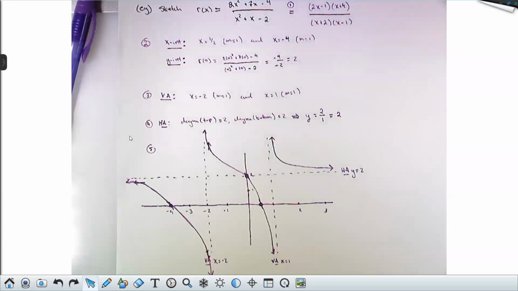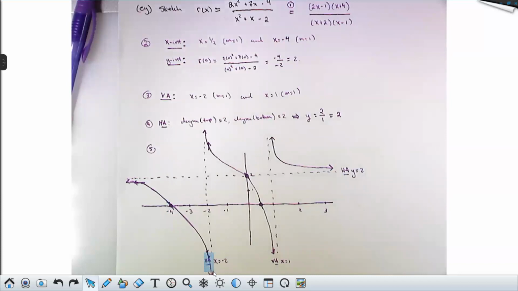Well, that's what we went through there. The question coming in as a DM was, how do we know the behavior near each of these things? Where did we get those arrows? That was the whole procedure we just went through. So I knew that starting on the left, this arrow had to be below the HA because I have an x-intercept right here. So I know I'm sneaking up from below. I'm not coming in from above. I'm down here. So if I'm going to come in from down here, that means I've got to do something like this. And that means we're crossing here like this, which means I'm coming down here, which tells me this